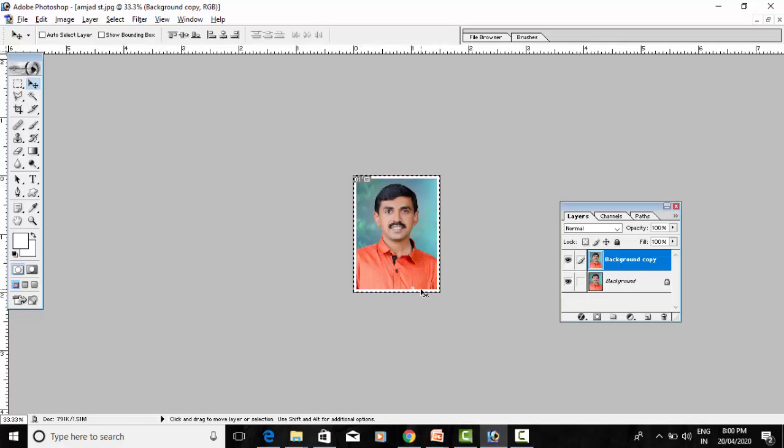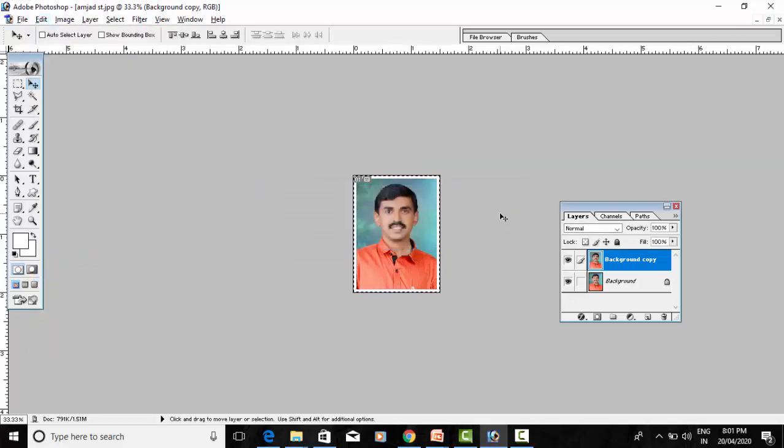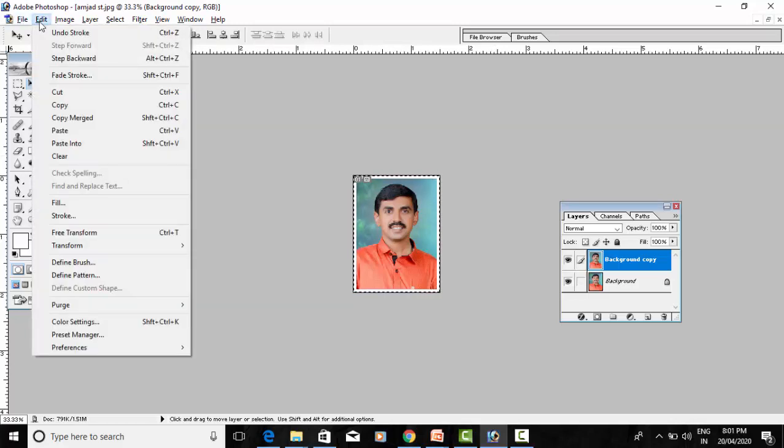Now you can see only one passport photograph, but within a few seconds you can multiply it by giving one command. So how to multiply it into many photographs? It is very easy. You have to go to the edit menu, define pattern, say OK. We have defined this pattern.